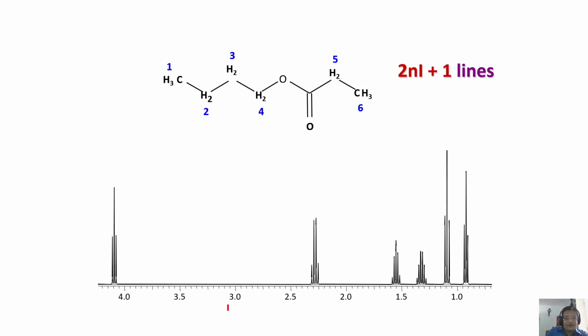There are well discriminated peaks, very well dispersed. 1, 2, 3, 4, 5, 6 groups of protons are there. But remember, for this proton H2, there is 1 bond, 2 bond, 3 bond, 4 bond, 5 bonds away. The probability of this proton coupling to this proton is very low. I don't say this proton can couple to this because there are several bonds away.